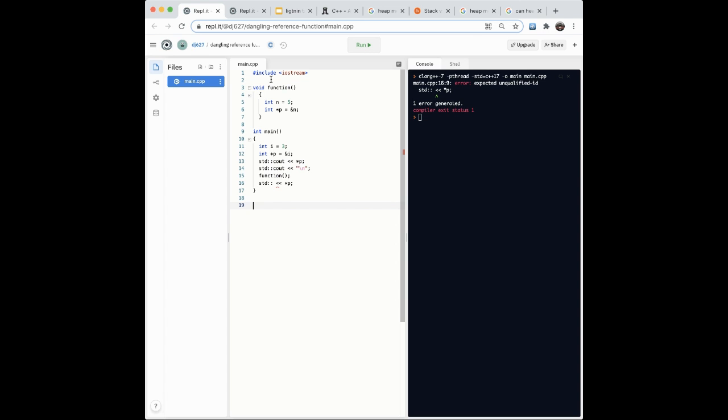Here we have our dangling reference based on the function. So in our main, we have a variable i initialized to 3 and a pointer that points to that variable i. When we run this code, we're going to print out the pointer p, which will give a value of 3 as expected. But here we have our function where we have another variable that's initialized to 5, and it makes p, the pointer, point to the address space of that. When we try to print out p after running this function, we're going to get an error